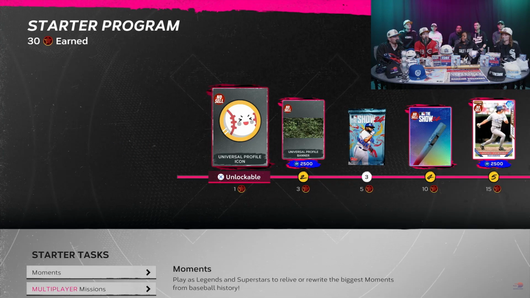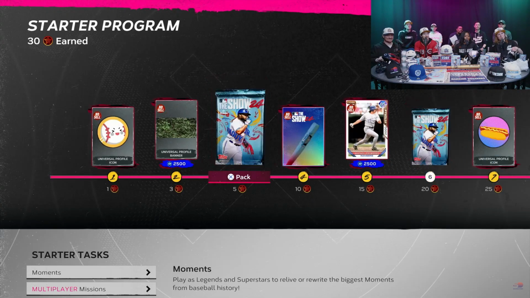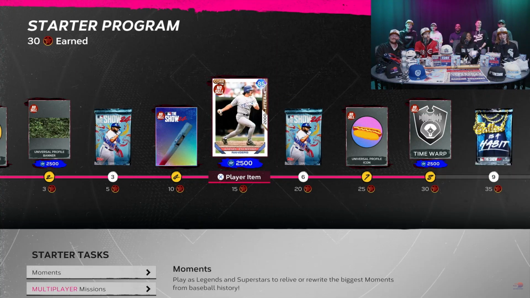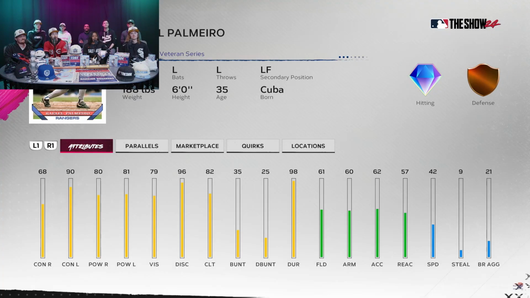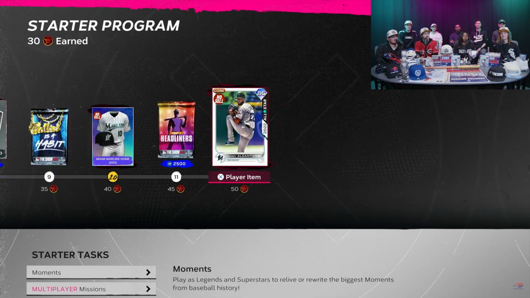Just like the past few years, there's going to be a starter program in Diamond Dynasty. This will have an icon, a banner, packs, things like that, a bat skin, as well as a couple player cards. The first card you're unlocking is new legend Rafael Palmeiro. He gets an 85 overall. This will not be his only diamond that we see today. There's going to be a Marlins uniform in there,